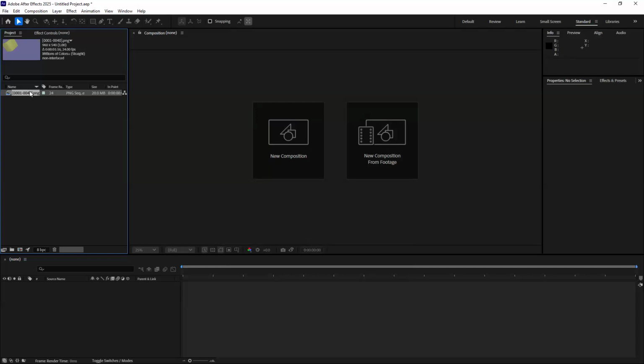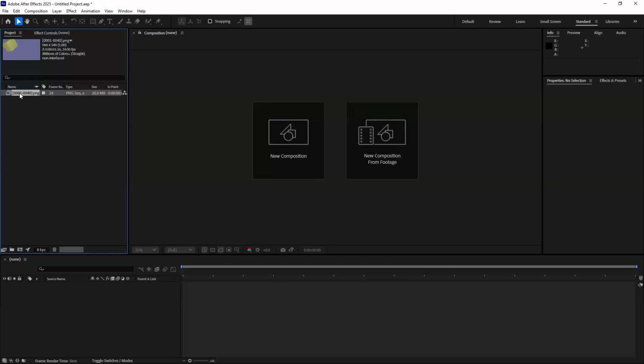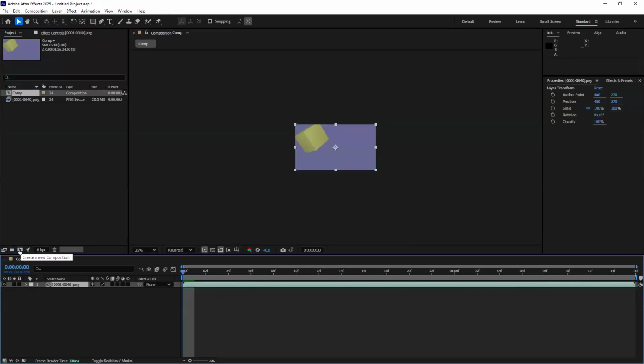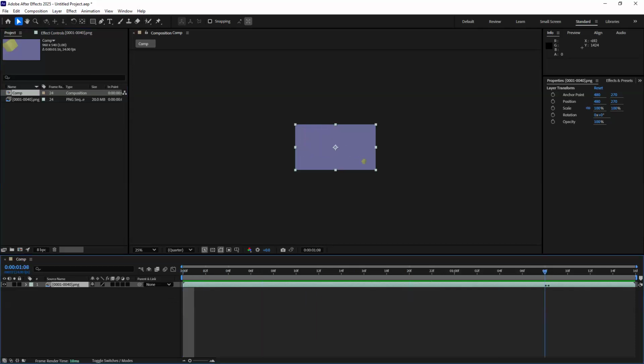So that's what I would recommend, and the hotkeys valued there, Control-Alt-G, the value of 24, and enter. I'm simply going to click and drag this down to the new composition icon right here. So it's going to create a composition with the existing set, and we can see that happening here. If I have that selected, notice it's 960 by 540 because that is the value that I have here, and it is also interpreting that at 24 frames per second, and it's also making the timeline exactly enough to